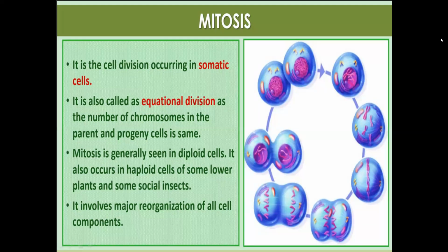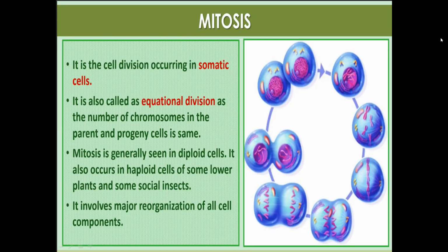So diploid, what is a diploid cell? Diploid means two sets of chromosomes. 46 means 23 pairs. That is called diploid. Haploid is where it will have only 23 chromosomes. For example, sperm and ovum will have 23 chromosomes. It is called haploid. They will fertilize, meaning 23 from sperm and 23 from ovum. Fertilized, how many will it become? 46. You get back the diploid.